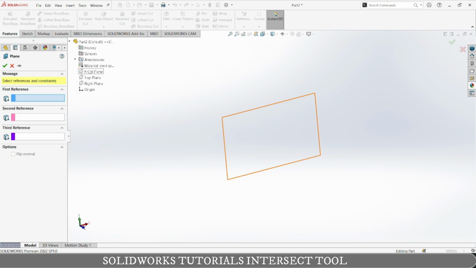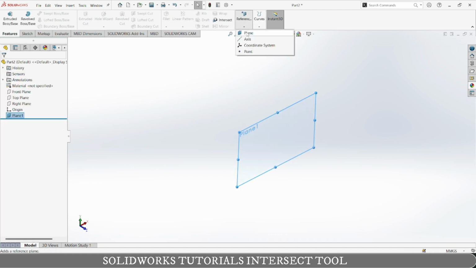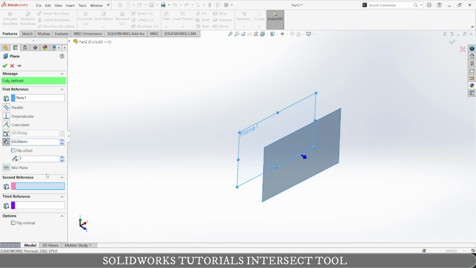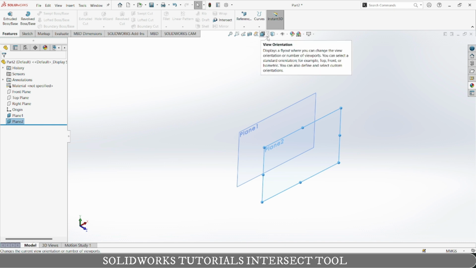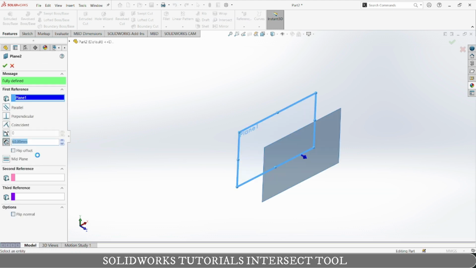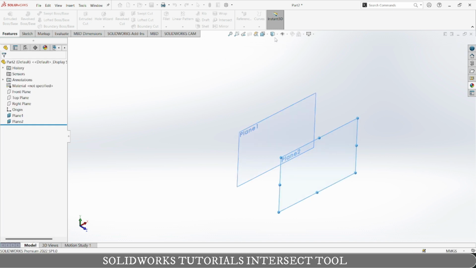First I will select this one and click OK. Now this plane is already selected. I will select this one again and give it a value of something like 60. No, 60 is good, or maybe more than 60. Okay, it should be 100. Now again, go to top plane,